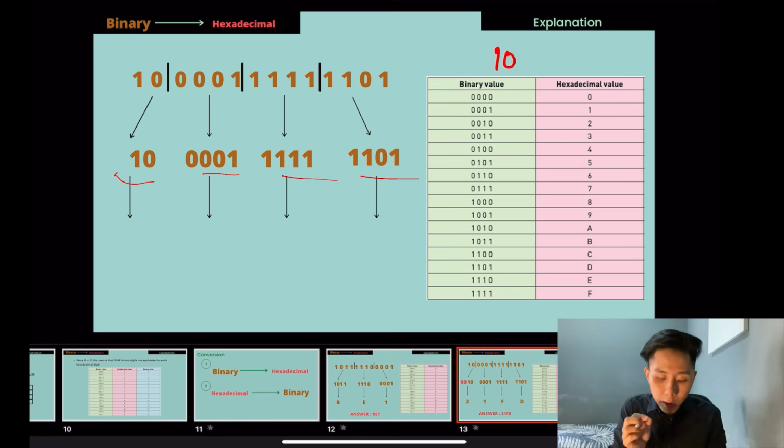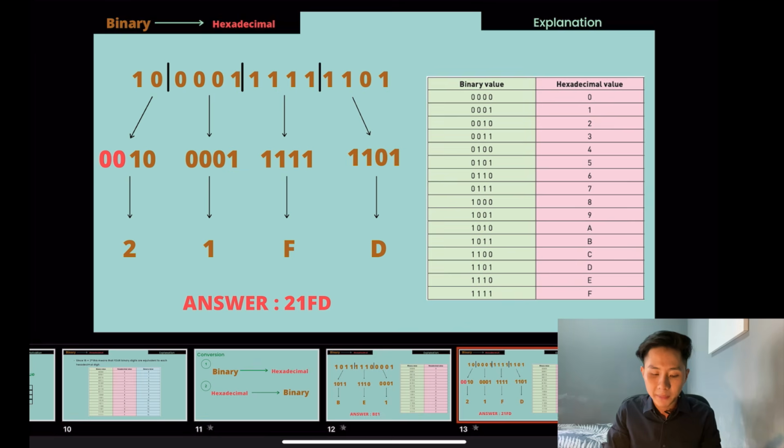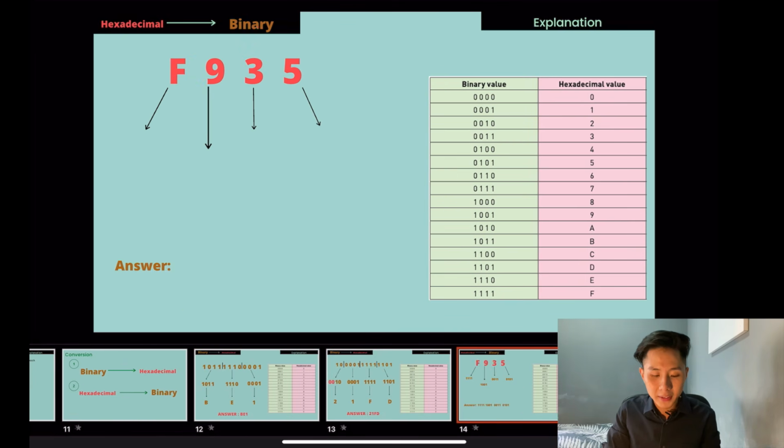In this scenario, what you have to do is just add leading zeros to the value so that you can refer this value back to the table. So by mapping these binaries into the table, we get the values 2, 1, F, D. Feel free to check out the table to see if there's any mistake, right? So the final answer is 21FD in hexadecimal. So let us do another question. This time is